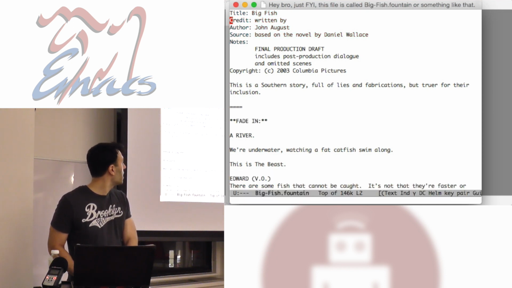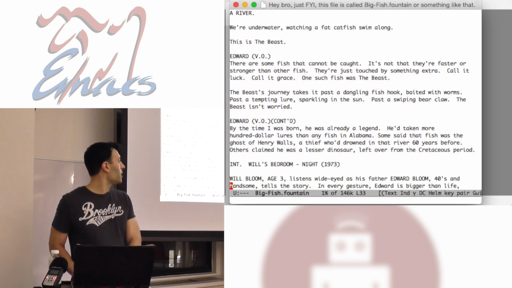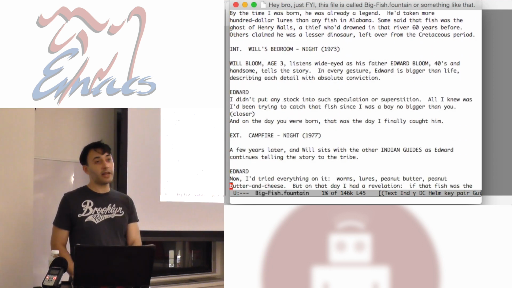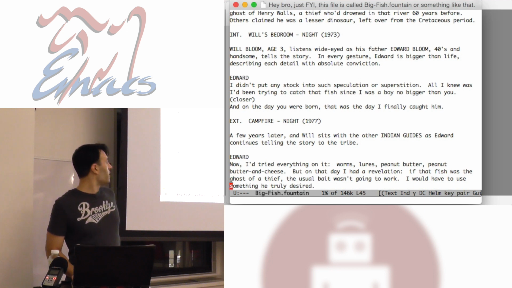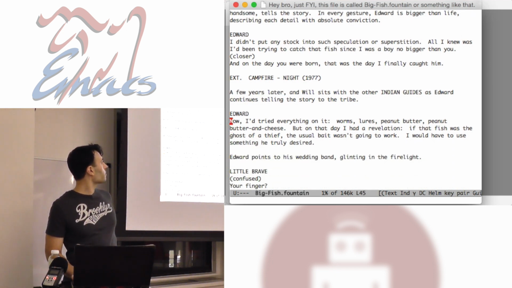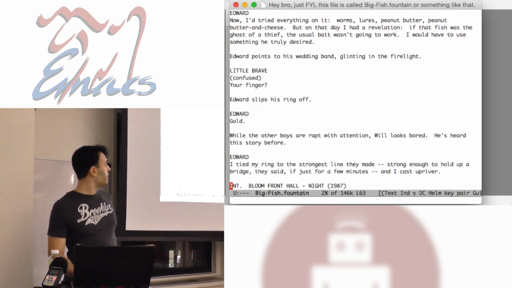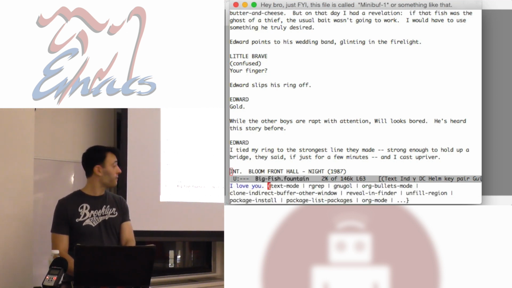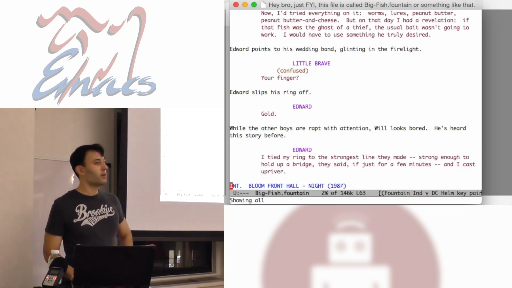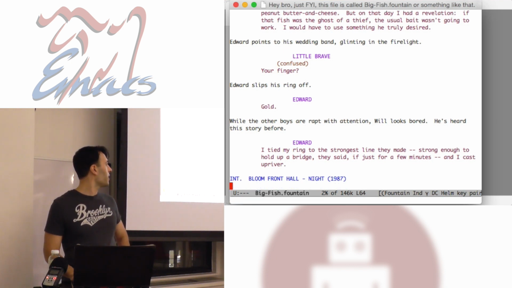So if I type a screenplay, this is pretty cool. Okay, here's a screenplay. This is the actual screenplay to that movie, Big Fish. It's just text, but there's an Emacs mode called Fountain mode, where it takes that and formats it automatically as a screenplay. And unlike other screenwriting tools where I would have to highlight this and then go to a menu and say, okay, this is character, and then this is dialogue, right, with the menu,